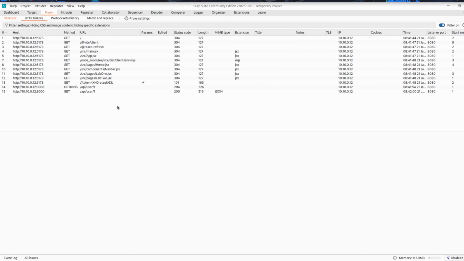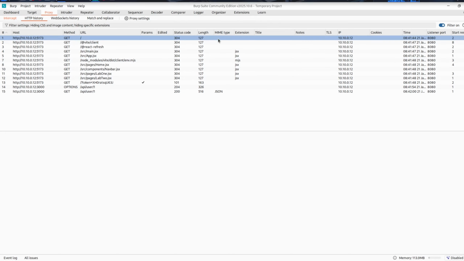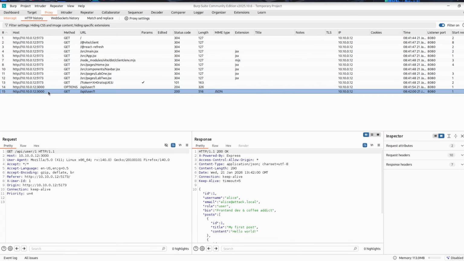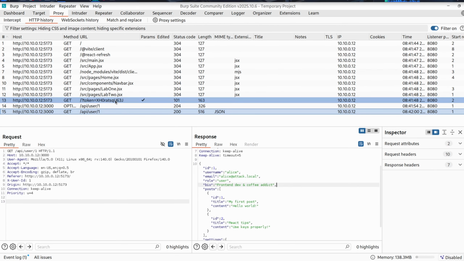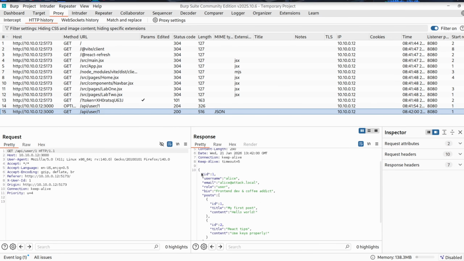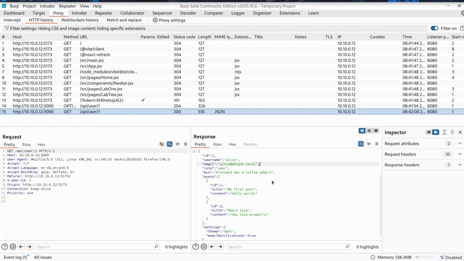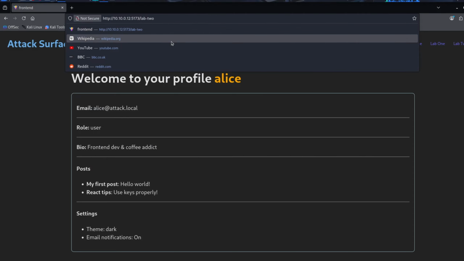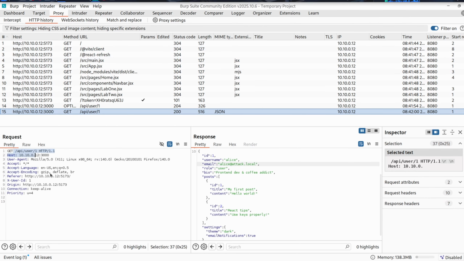So back in Burp Suite, an API is always something you want to look at, especially with JSON. We know that our data is in JSON format, so I'm guessing this is the response. If we click on that, we can see the request. It's saying GET /api/user/1, but we don't see that here. There'll be some code somewhere saying get the information from this address. So when we click on this one, look, in here we can see our data coming back. Like I said, it's the same data as before, but this is getting it a different way. We can't see it directly in this URL here, but we can see that it's making a request to that one. So if we right click this